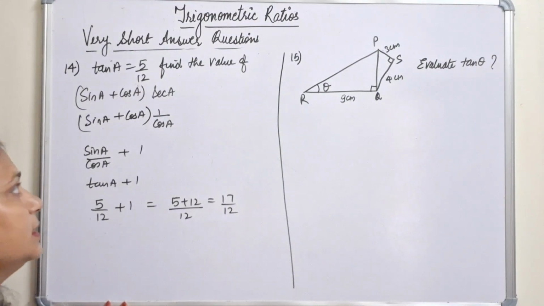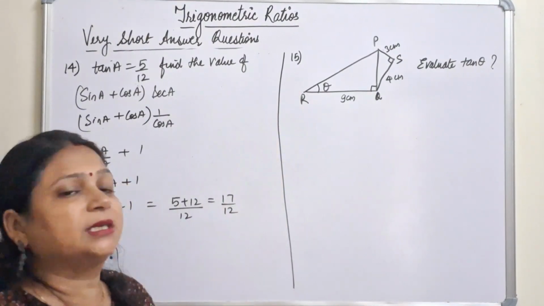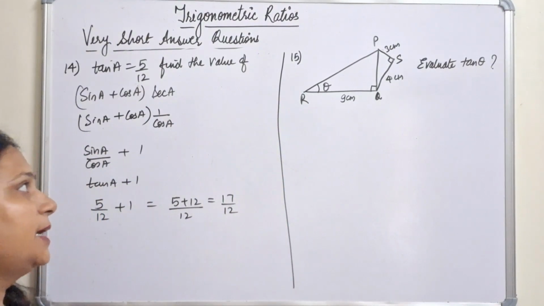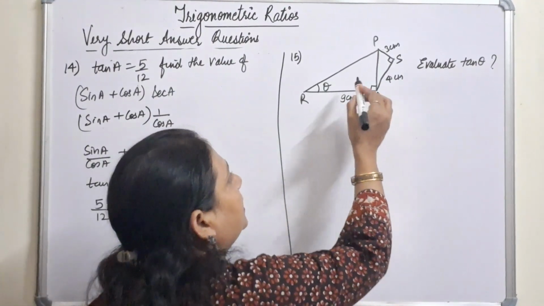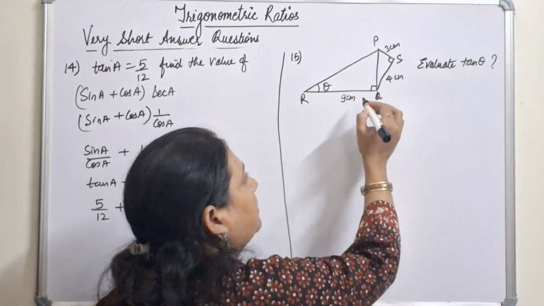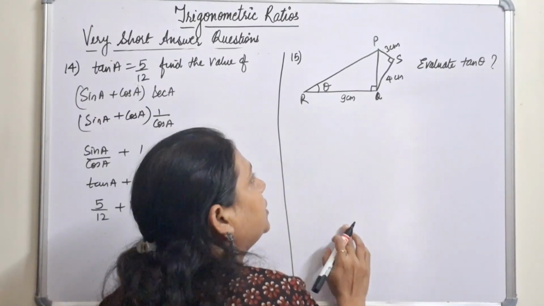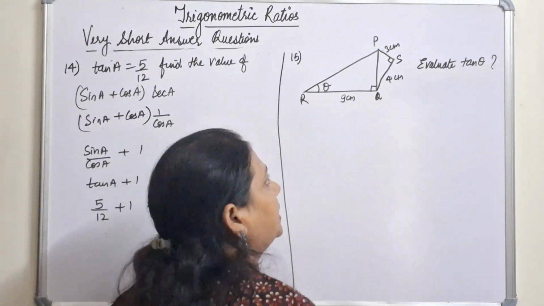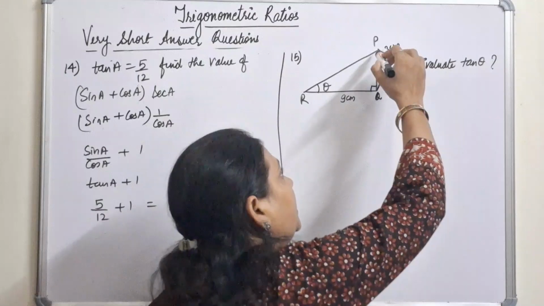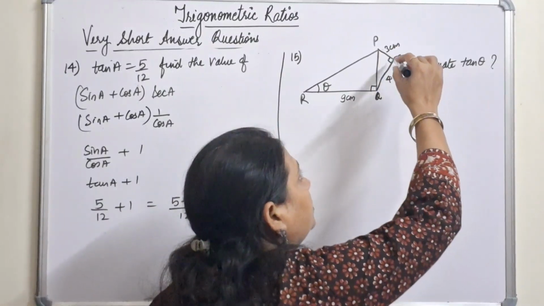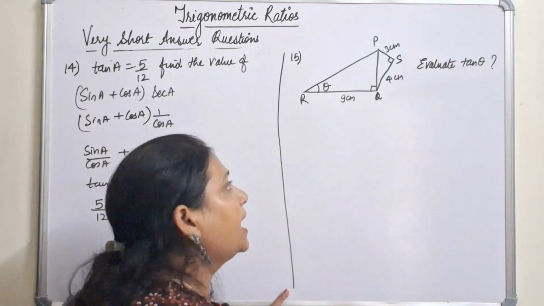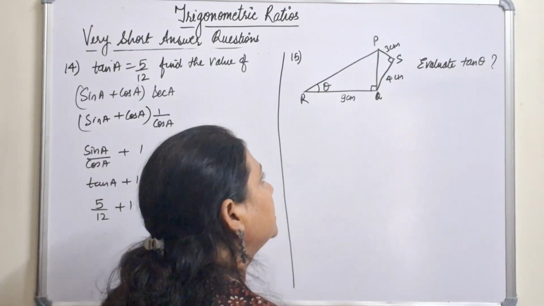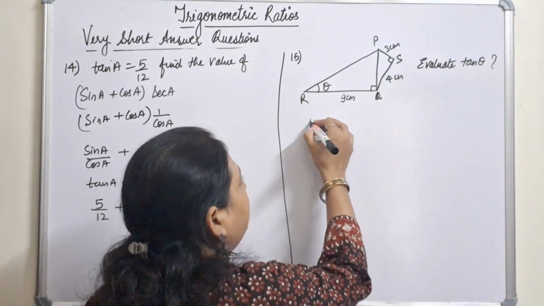ओके. सिमिलरली आपका 15th क्वेश्चन है, बड़ा सा डायग्राम दे दिया है. क्वेश्चन बहुत सिंपल है. तो देखिए डायग्राम में दो राइट एंगल ट्राइंगल है, एक तो है PQR एंड द डायमेंशंस ऑफ RQ is given to you. This is theta and this is 90 degree. And PS is again perpendicular to SQ and the value of PS is given to you as 3 and QS is given to you as 4. We will be finding PQ.